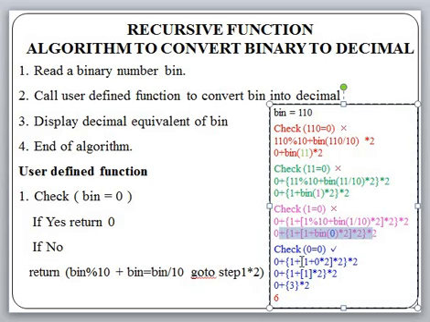So when we substitute that, we will get the answer for this. It is nothing but 1. So this 1 is further multiplied by 2. You will get the answer. It is 2. 2 plus 1, it is nothing but 3. So that 3 is multiplied with 2 to get the final answer. It is 6. So this is how the recursive function works with respect to a value of binary. It is 110. Its equivalent in decimal is nothing but 6.